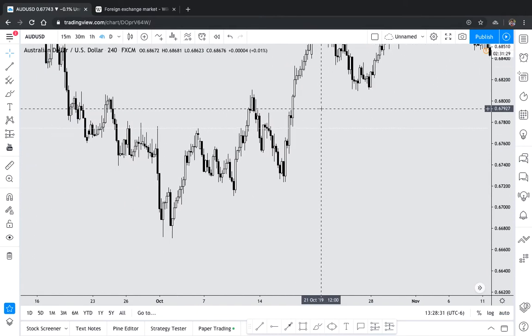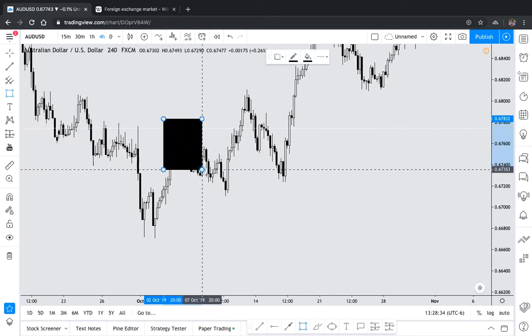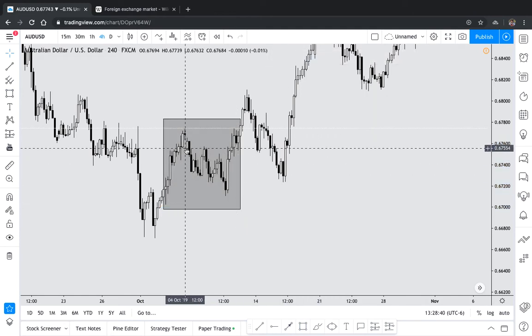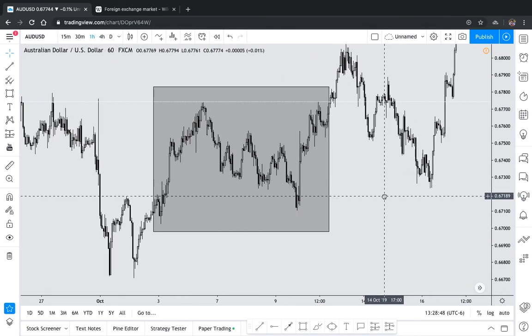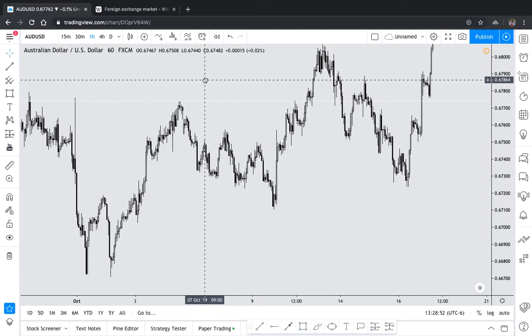So the first example, this is a pretty good one. I'm just going to mark this area up and hop onto smaller time frames for you guys, just so that way you can see what I'm saying. So we're going to mark this area up, hop down to a 1 hour. All right, so let's walk through this process. Let's think like a bank. Instead of a retail trader looking for double bottoms and double tops, head and shoulders, whatever, let's think like a